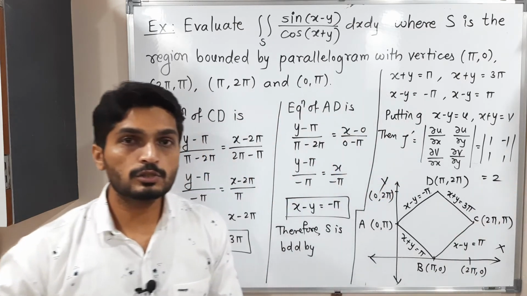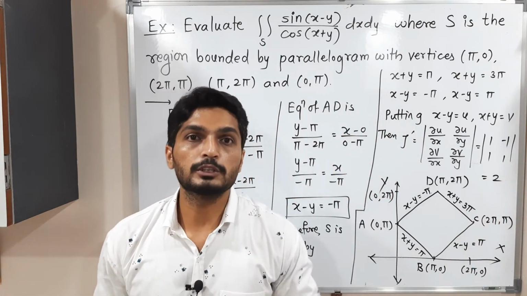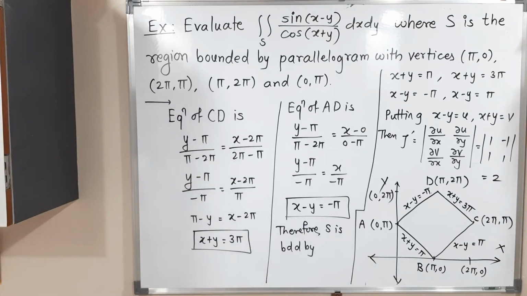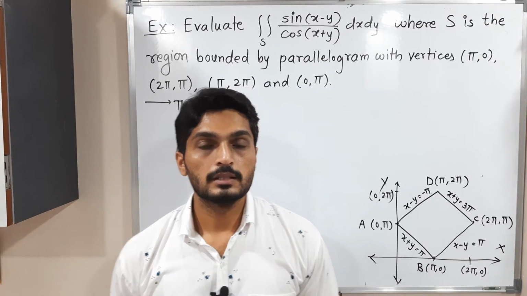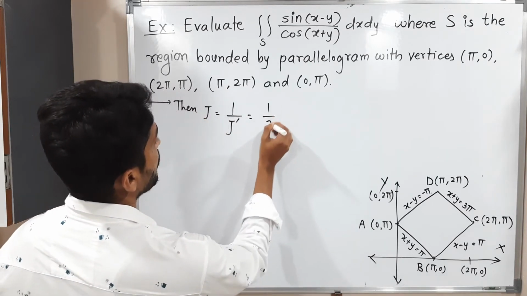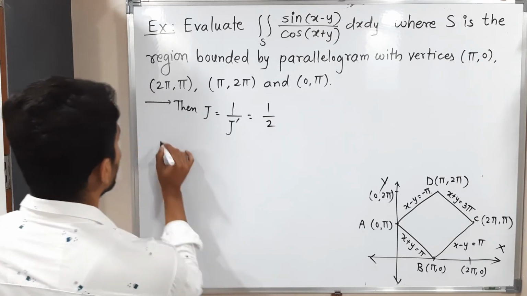So z dash is 2, so z will be 1 upon z dash, that means 1 by 2. You can make a screenshot of it, then we will go further. Then our Jacobian will be 1 upon z dash, so z dash is 2, so it is 1 by 2. Therefore,